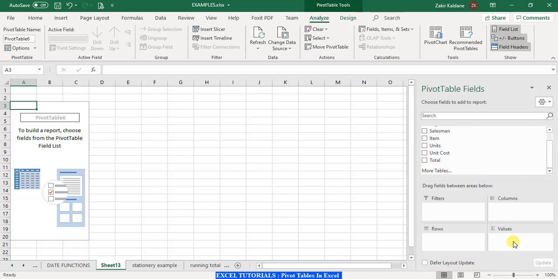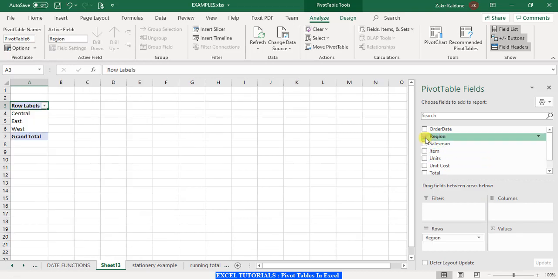So let us take two or three examples so that you can understand how to do it. For example, the first example, let us say we want a report whereby we want to see our sales according to the regions. So I just have to select the region, and by default Excel has put this data into the rows area.